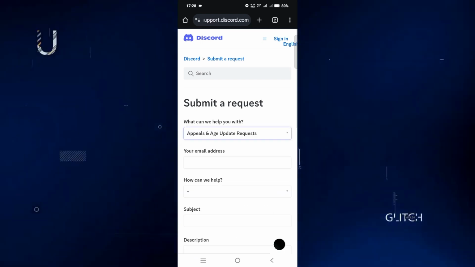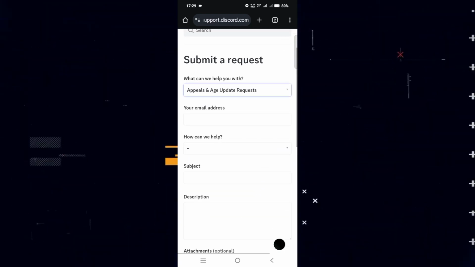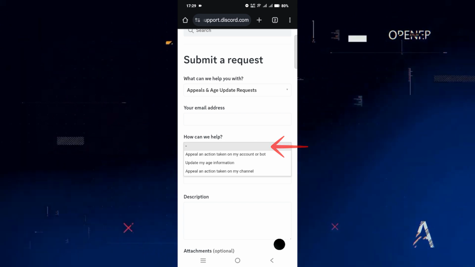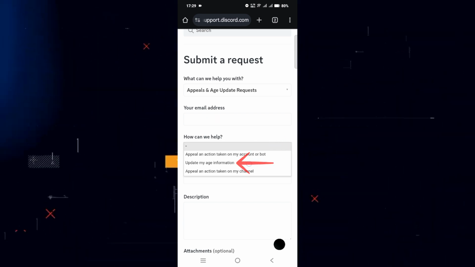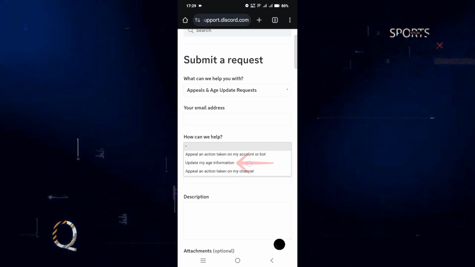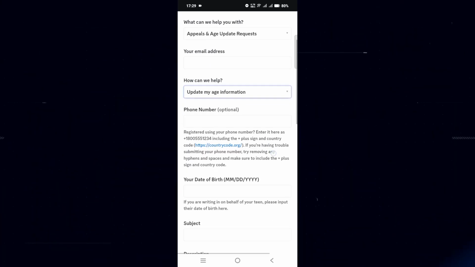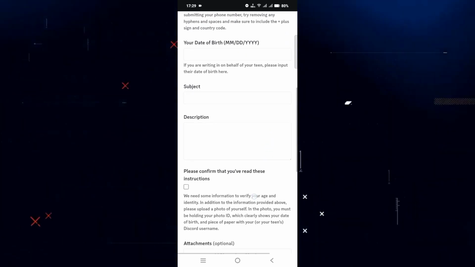This is where you can fill out the forms. Just fill it out and tap the combo box of how we can help. The option appears. Just tap Update My Age Information. There are other blank boxes that need to be filled, especially your date of birth, to know your real date